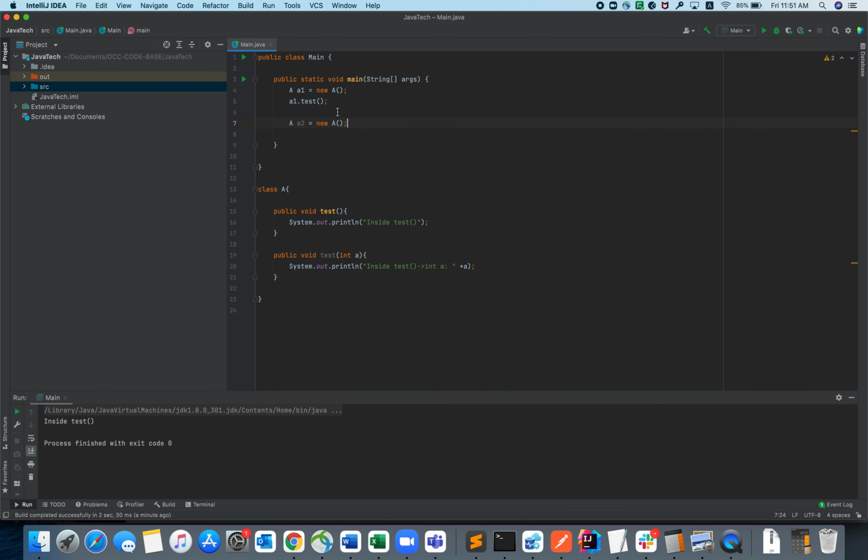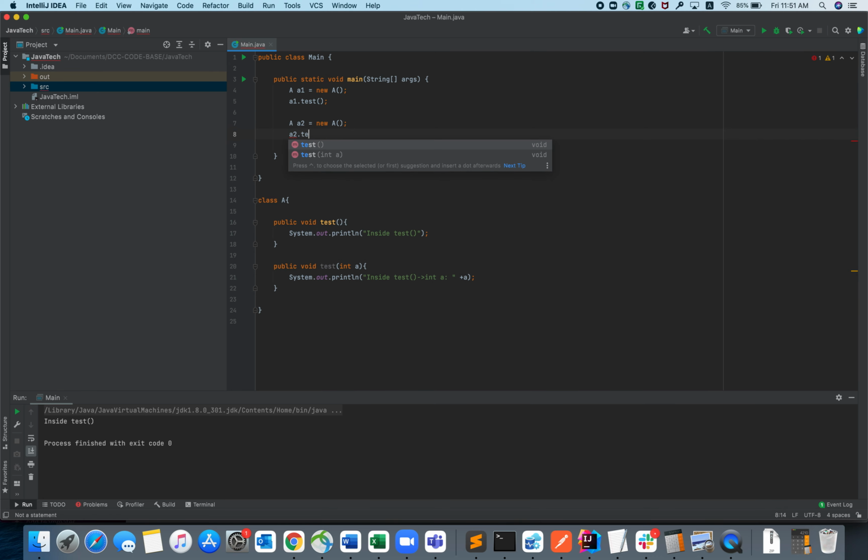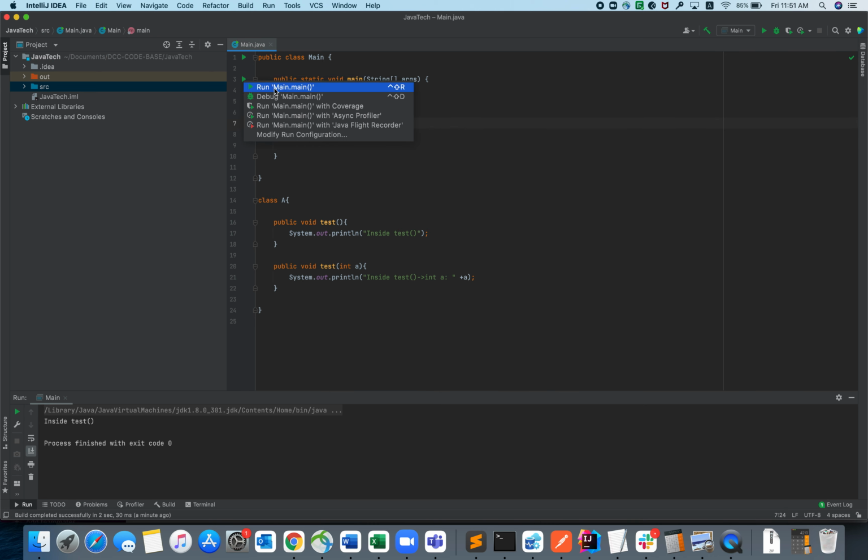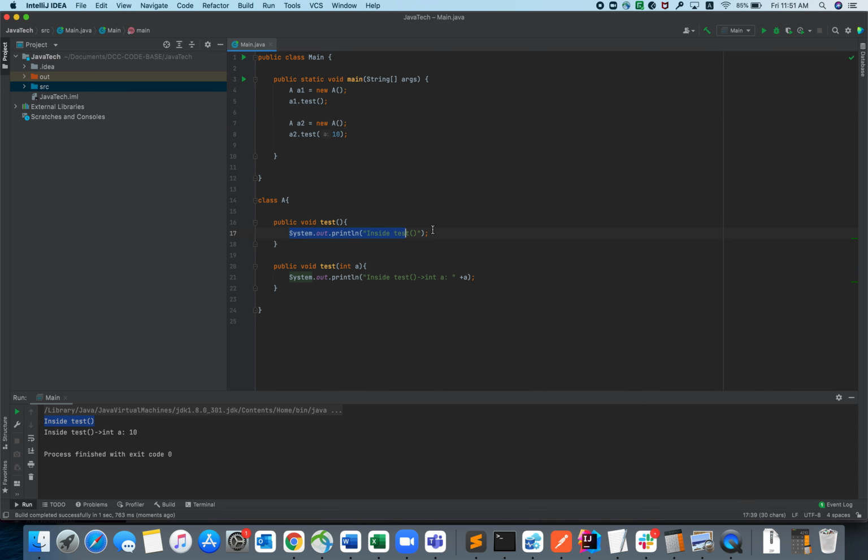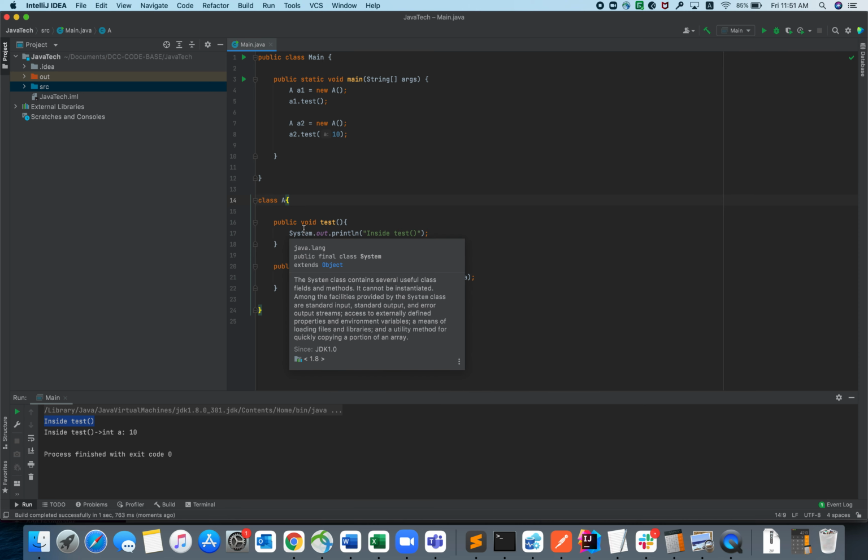So a2 is another identifier pointing to the same class a, and using this I am calling the test method which is taking one integer argument, right? So if we run this program, I'll get two SOP statements. The first SOP statement I am getting from the test method, and the other SOP statement I am getting from this overloaded method, right? So this is all about method overloading.